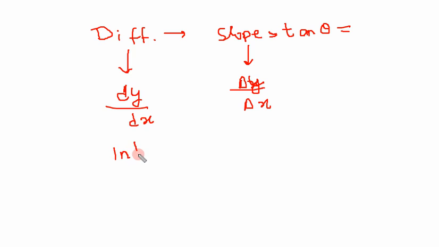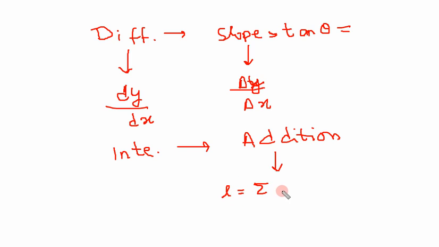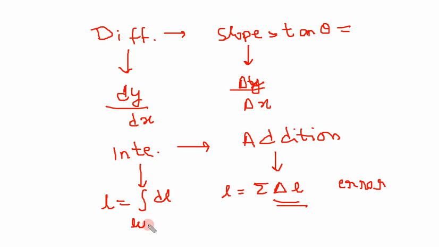Now what is integration? Integration is nothing but addition. Addition can be of two types. When we can count, we have this kind of structure. Let me say we are calculating length. So we are adding small lengths together, and here this L is measurable, but there is error. But what happens in the case of integral? When this length becomes so small, that means dl, we will use integration. This will have less error.